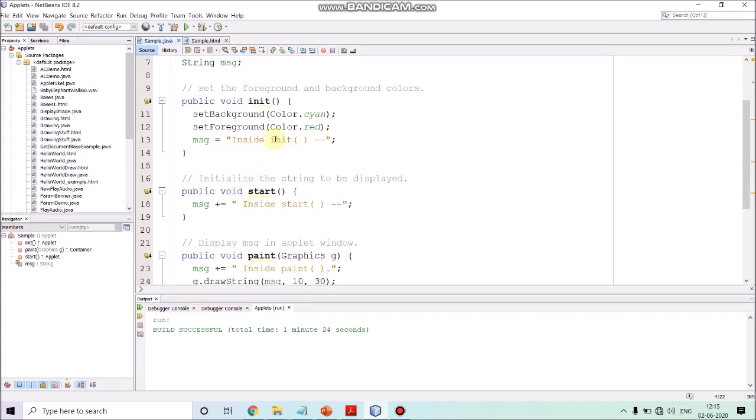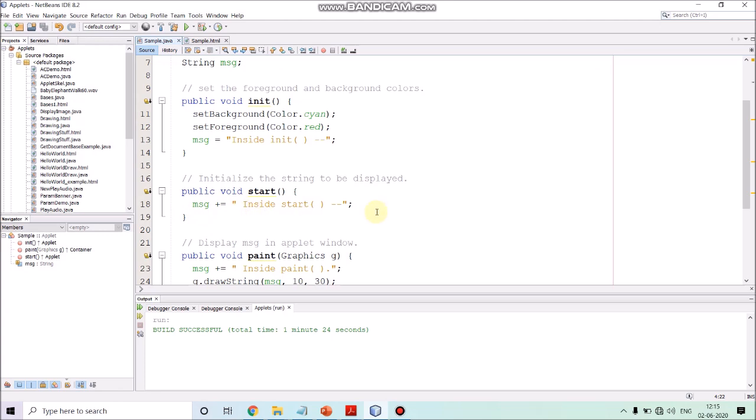And when the window is displayed, at that time the start method will be called automatically. So when start is called, we add "inside start" to our message. So message will initially have "inside init", and after that we add "inside start" to the message string.